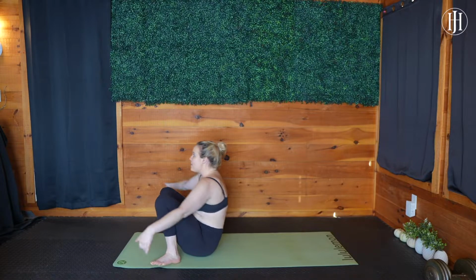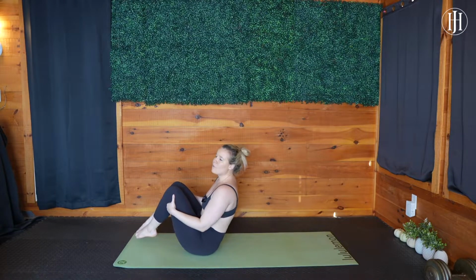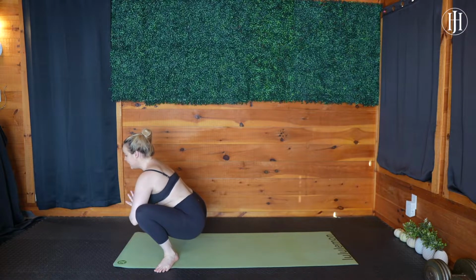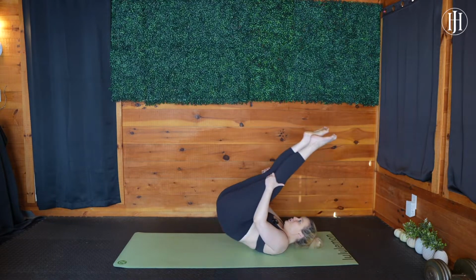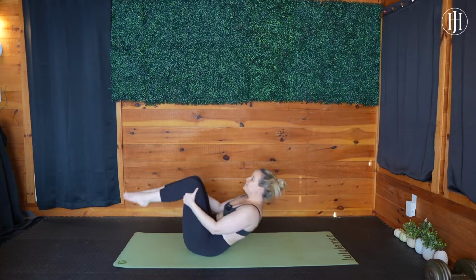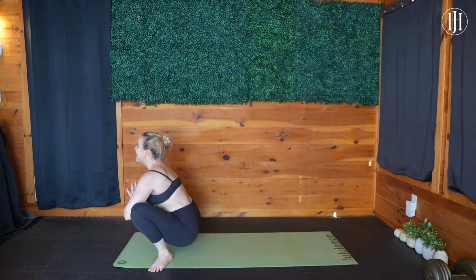So we're gonna drop it back down, take some rocks up and down the spine. I'm just taking about 3 or 4 or so, but feel free to take more or less, eventually leading yourself into your malasana. We inhale here. We exhale, drop it back to our final little run through of some spinal rolls here. As we come up to our last malasana for the moment, inhale,